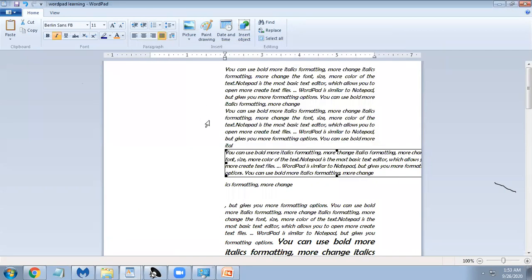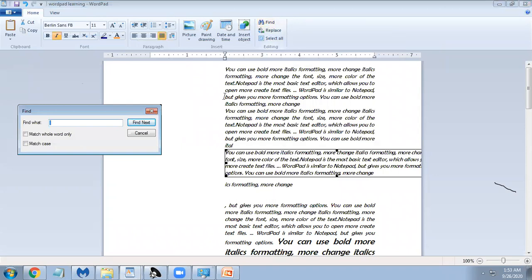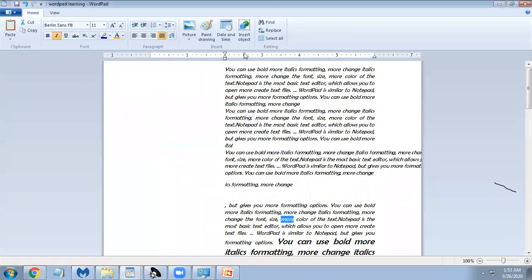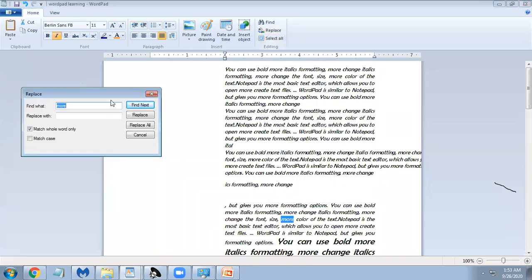So it's similar. Okay, we have find also. If I want to find in the notepad, I have shown how to do all those things. I want to find the word more. More, find. Here it is showing the more. I just match whole words. I will go here wherever the more is there. Okay, delete, replace. I want to change the more to and.